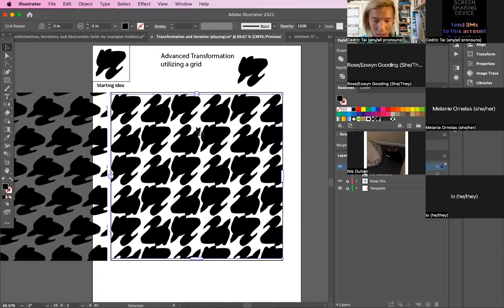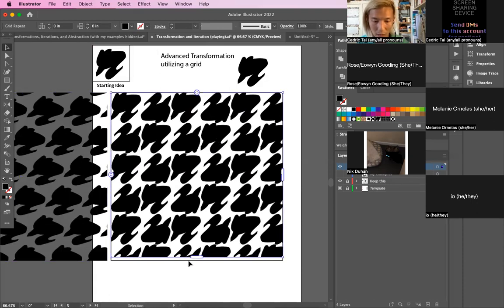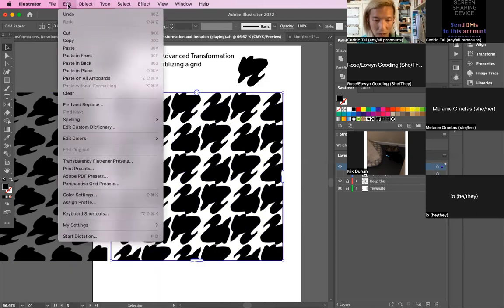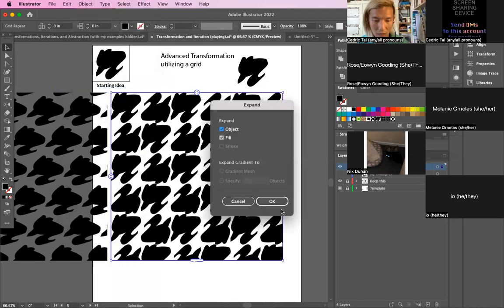Command, oh, I need to make this a square. Object, expand. Okay,